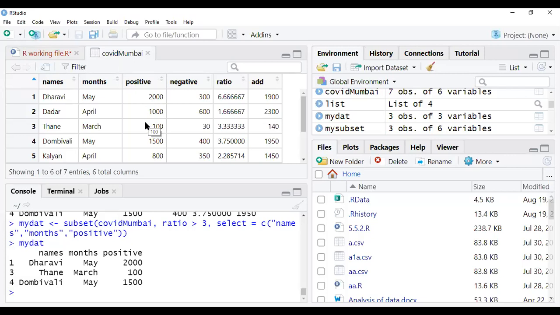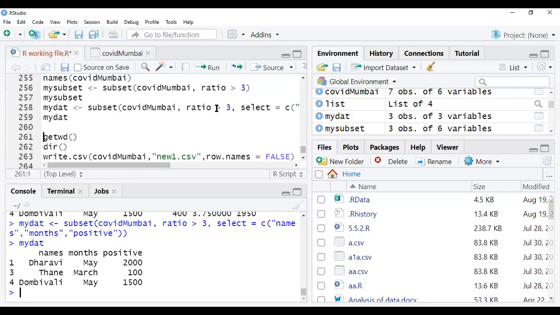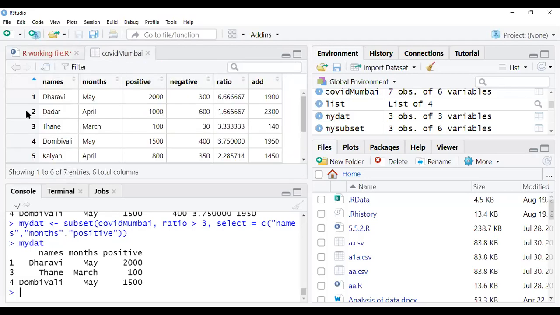Okay. But how do we write it down? R में ऐसा बोलने से नहीं होता है. Sir, you want only the name of the location or the whole detail? Whole detail means, suppose let's say column 2. I want the row of positive cases 1000, where it is 1000. Means the name of the location, right? You can say name of a location. That's it. Okay, fine, no problem.